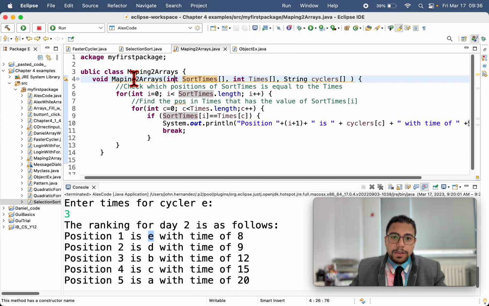And this is the other function which does the mapping. You send it the sorting time, you send it the time array, you send it the faster in this case, the time array and the cyclers. And what it's going to do is map, it will check who has the 8 on time. Oh, it is E, so I will print E. But don't worry, I'm going to go in detail on that in a moment. So let's go